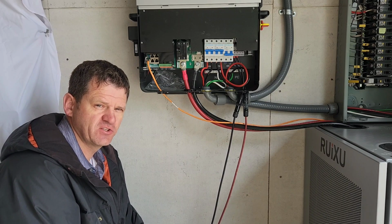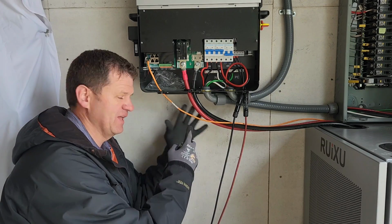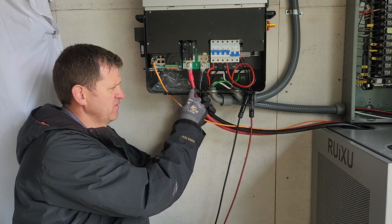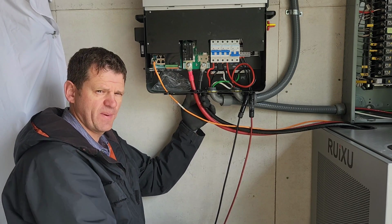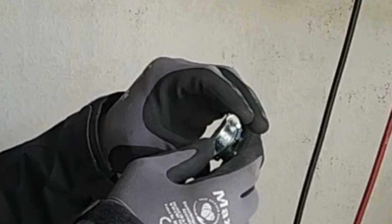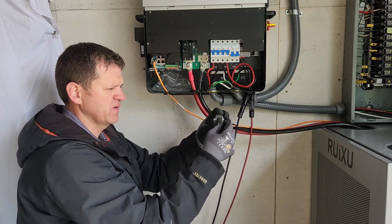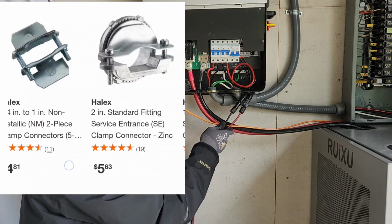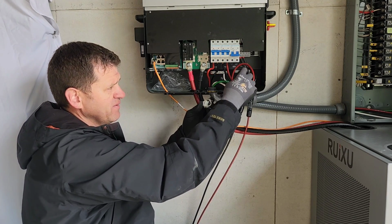Okay, so the other thing the electrician mentioned, and also you guys mentioned this as well, is I've got a lot of wires going on here, so just clean these up before he comes. A couple things that were mentioned was to add a grommet here because of the sharp edge of the metal rubbing against the wire. Another thing suggested was to add a little clamp here. I've got this little clamp I could add. Now this will provide some strain relief, so if this gets tugged on, it's not going to pull out of the